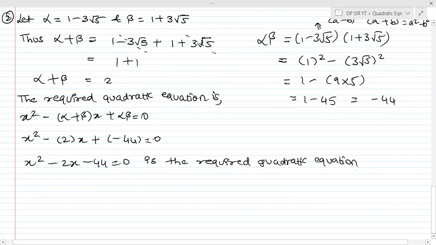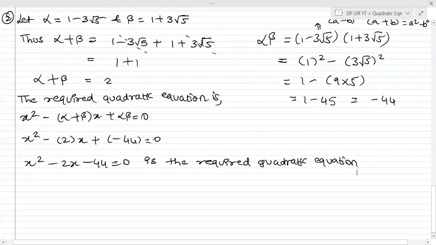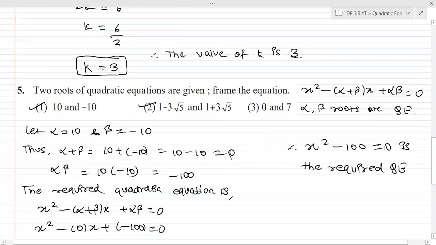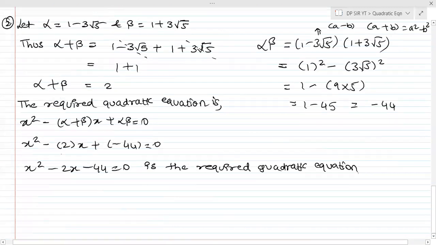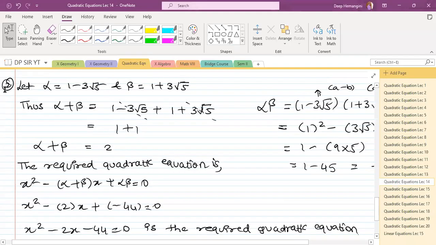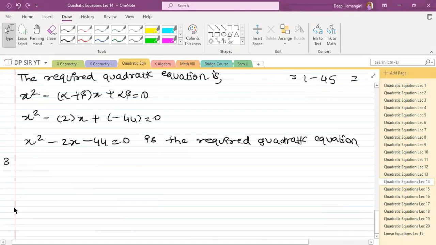Going for the third question. Jaldi, be quick, quick, quick. Come on. I want to do maximum because completing square method भी बाकी है. Okay, so third question क्या है? Where is that? ये रहा. 0 and 7. What is this happening? Just give me a moment. कुछ तो हो गया. Just undo that part. हाँ.